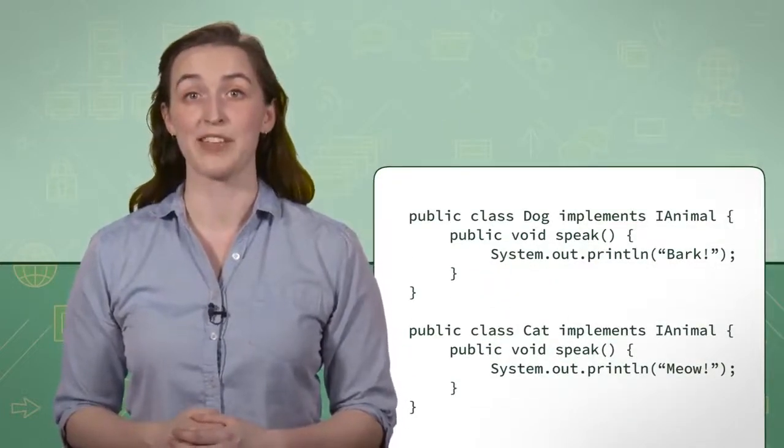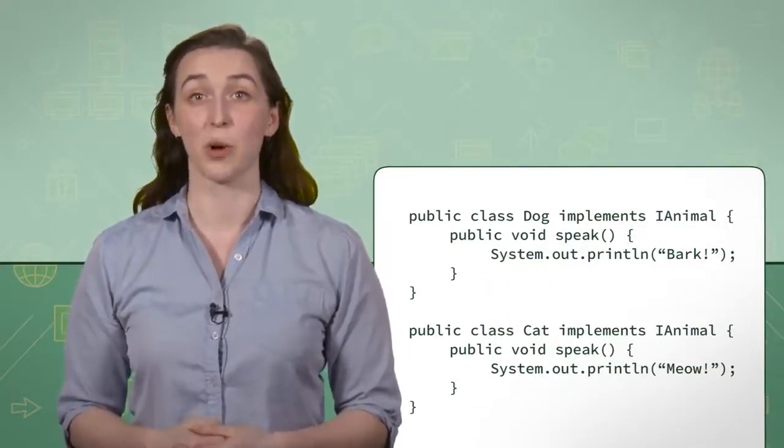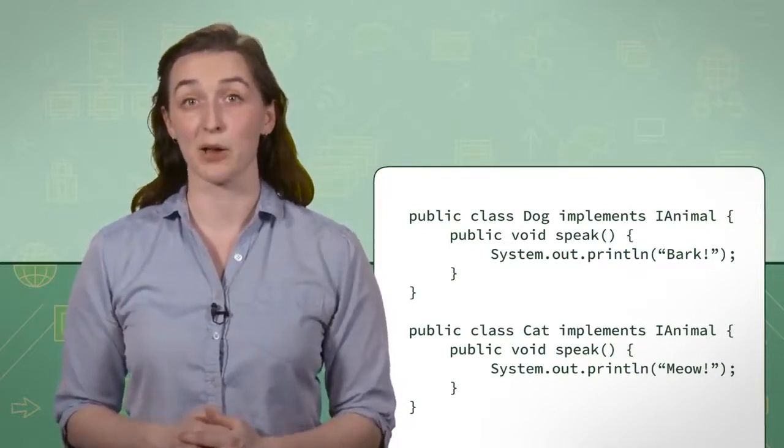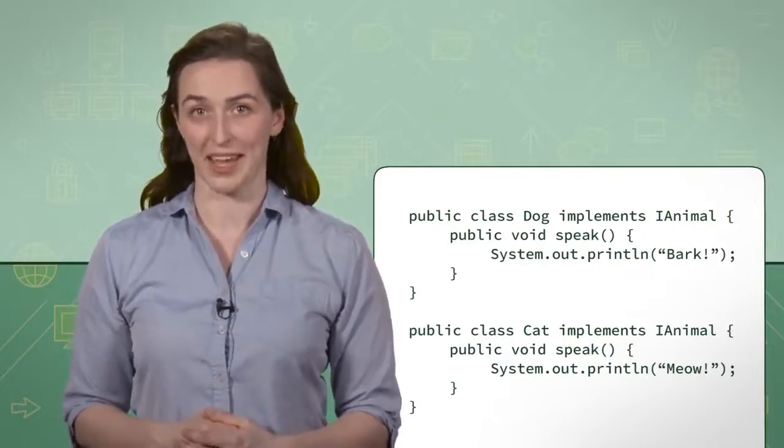How would you describe how each of these animals speak? Well, to simply put it, a cat meows and a dog barks. The description of the behavior is the same. Both animals can speak, but the actual behavior implementation itself is different. This is known as polymorphism. It is simple to achieve in Java using an interface. We create our interface the same way as we did before. The cat and dog class both implement the IAnimal interface, but they each have their own versions of the speak behavior. When we ask Doug the dog to speak, he knows how to bark, but will not know how to meow like Mittens the cat.